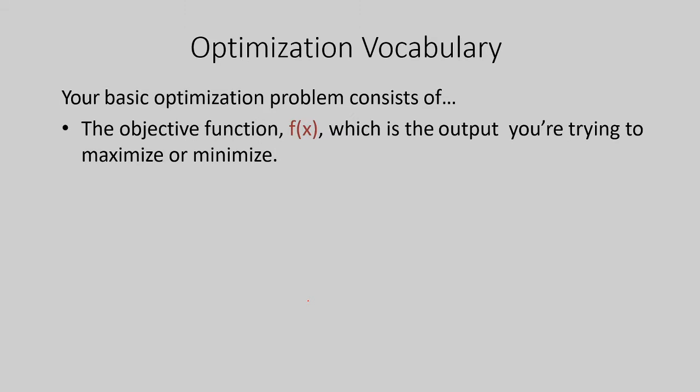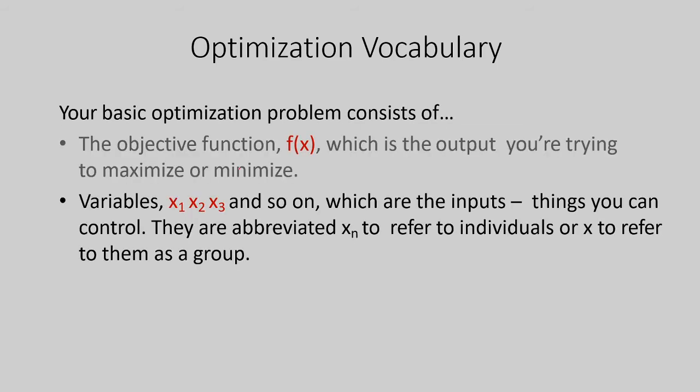Now we will discuss the optimization vocabulary. Our basic optimization problem consists of, first, the objective function. The objective function is our output. What output are we going to find from the given problem? What are we trying to maximize, and what are we trying to minimize? With the previous scenario, we are supposed to run fast as well as reduce our faults. So the objective function will be our output.